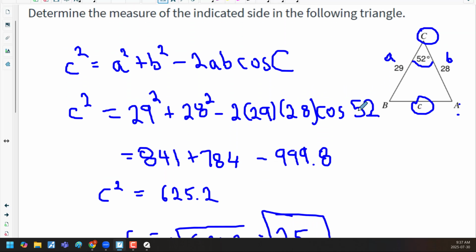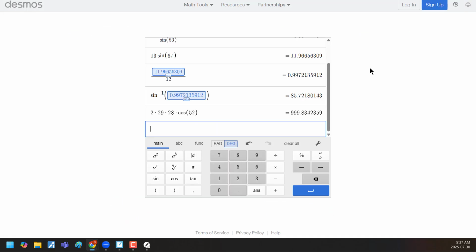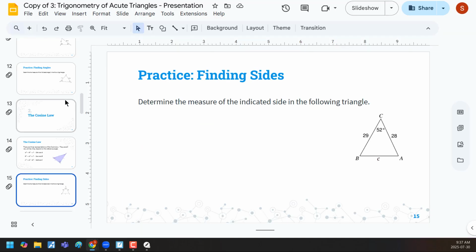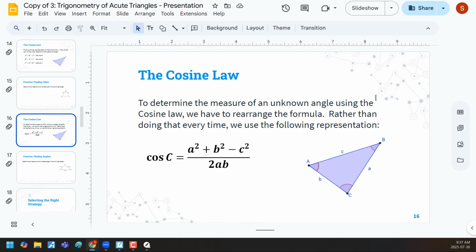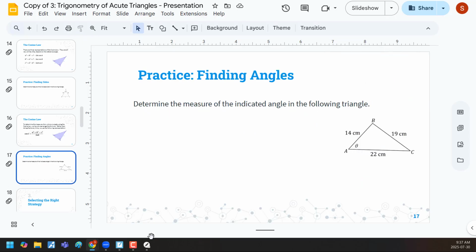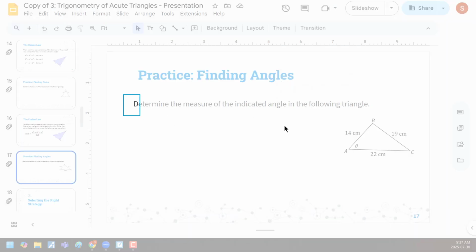We're going to do another example, don't worry, because I know that this is difficult. Here we have the cosine law, written in a slightly different way. That's to determine, excuse me, an unknown angle. So I'm not sure if you remember, but we can use the sine law to figure out an unknown side or an unknown angle. We can also use the cosine law to figure out an unknown side or an unknown angle, depending on how the triangle is set up. So if the triangle is set up as such,